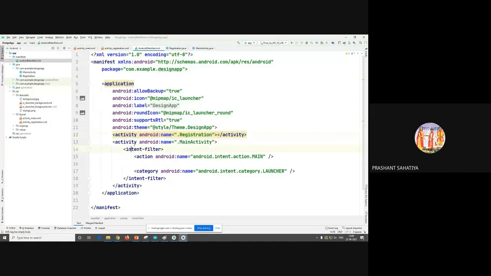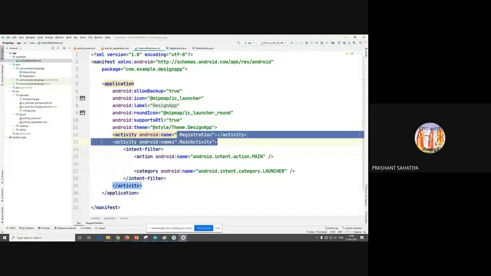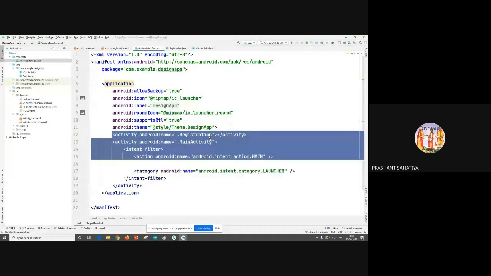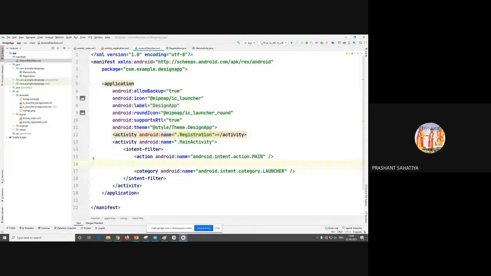Okay. So you need to check that the activity is registered here. I created the registration class, so it is now added in that manifest file. So whatever activities you are creating, they should be in this manifest file. If you are creating 50 activities, 50 screens, all 50 should be here. Then only will it open. Okay, so check that also once. Chalo.